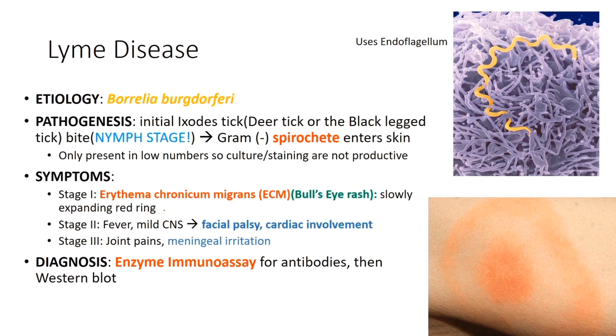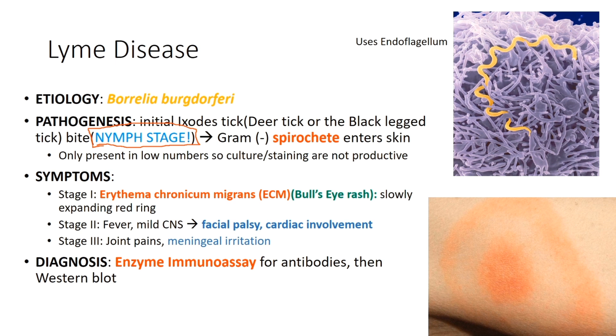All right, another spirochete that you might have heard about is Lyme disease. This is also a spirochete, and it has an endoflagellum. This is known as Borrelia burgdorferi. It is carried by the Ixodes tick, which is also known as the deer tick or the black-legged tick. And most importantly, transmission of this disease occurs when the tick is in the